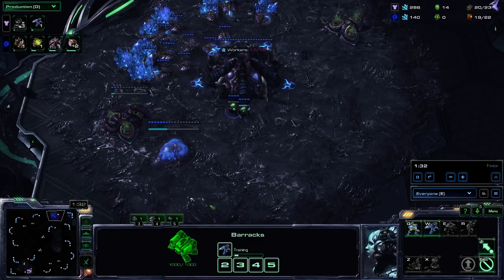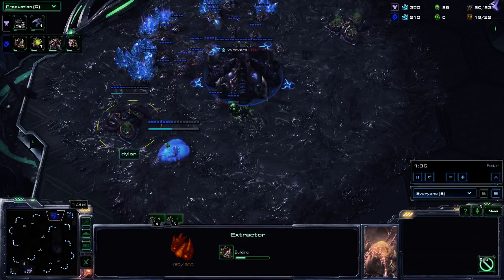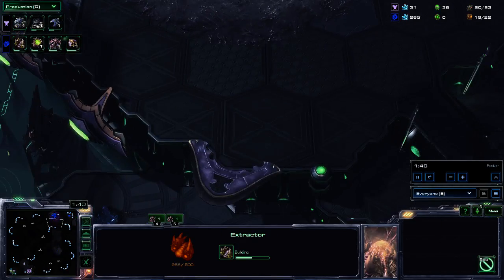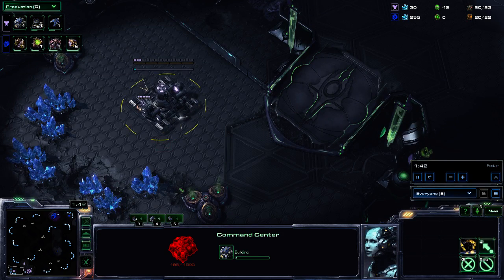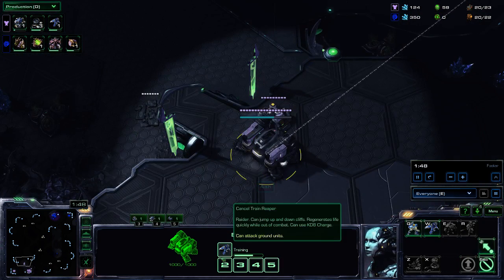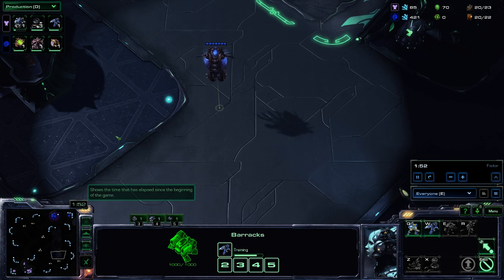Okay. And anyway, so 18 pool extractor is pretty standard opening from Zerg. And then here's the CC for our Terran player. So that's all pretty cool so far. Nothing's really out of the ordinary, and an early Reaper is being made. The only thing that's a little weird